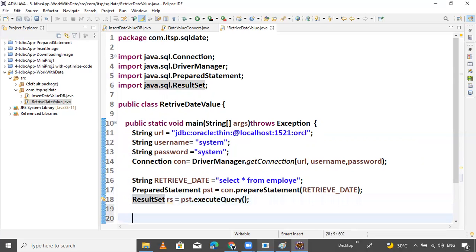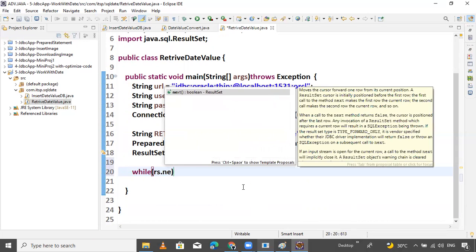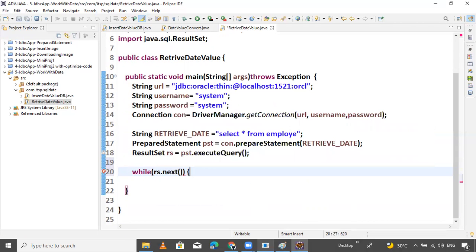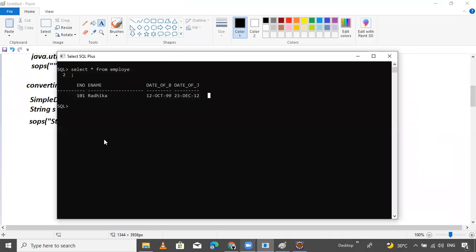So now check while rs dot next, process the data. By processing the data, the ID and ename are simple.